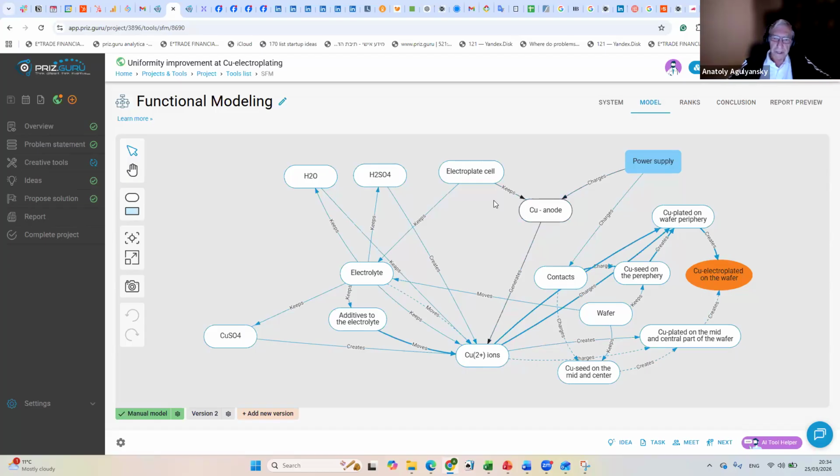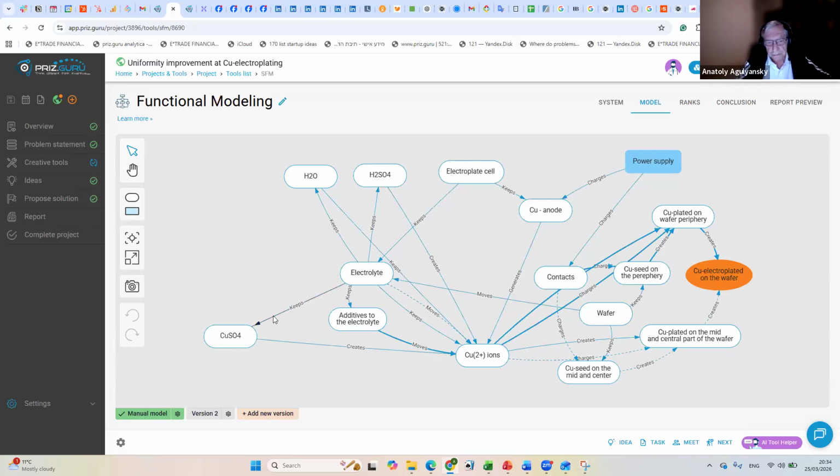We have anode, we have electroplate cell, we have chemistry, which is sulfuric acid, water, copper sulfate, some additives, and we have copper ions, and we have contacts, wafer, and we connected them